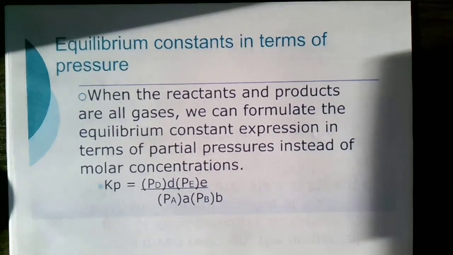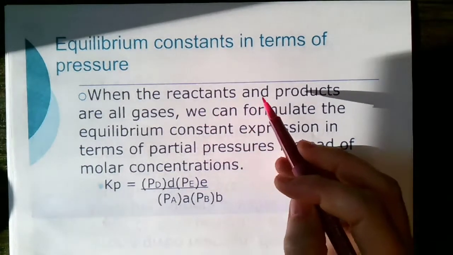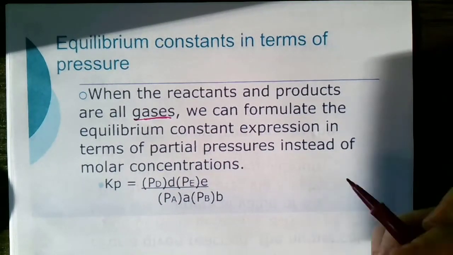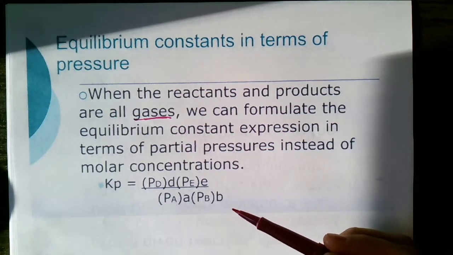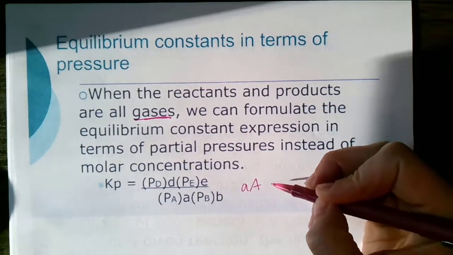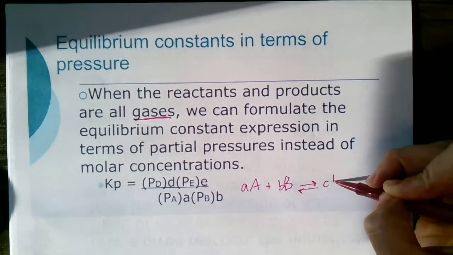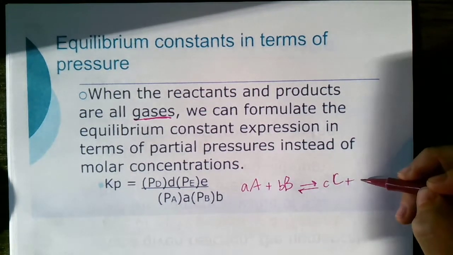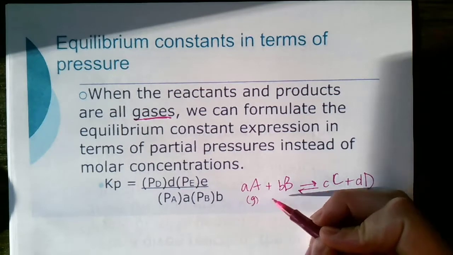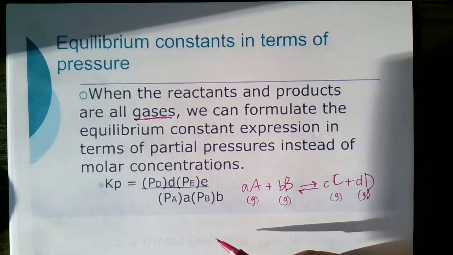So like I said earlier, we can look at equilibrium constants in terms of pressure. When the reactants and products are all gases, we can write the equilibrium constant expression in terms of partial pressures instead of molar concentrations. So if we have the same setup where we have A plus B yields C plus D, and these are all in the gas phase, we can write this in terms of Kp,